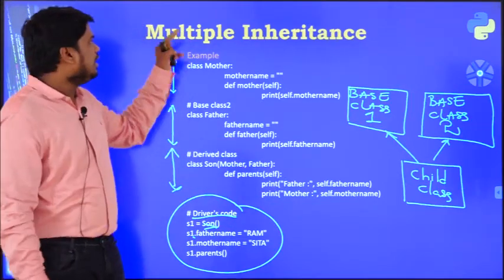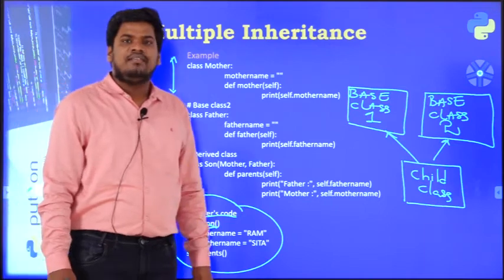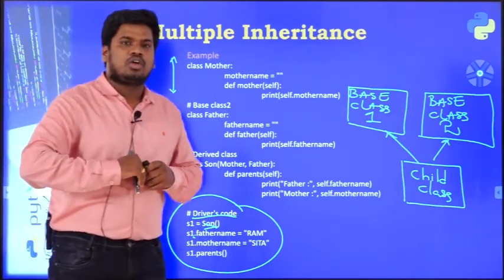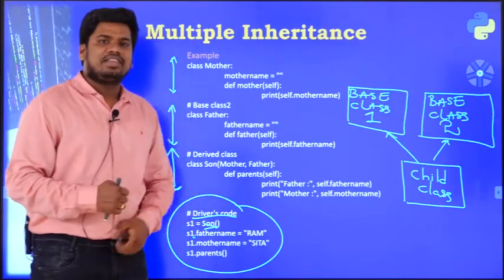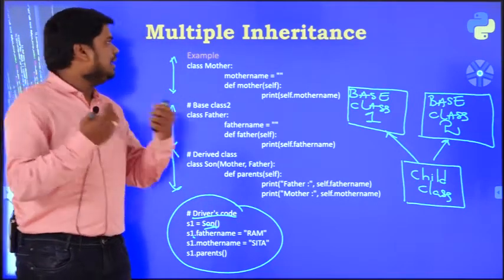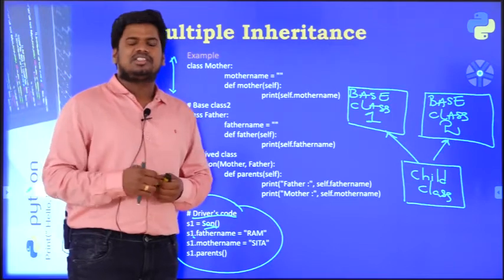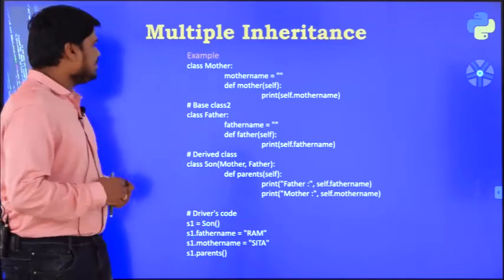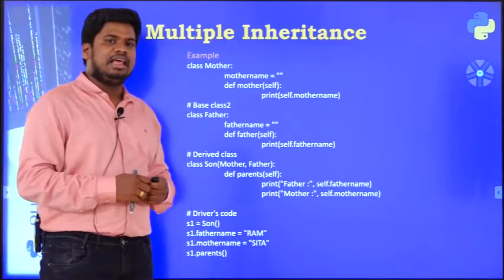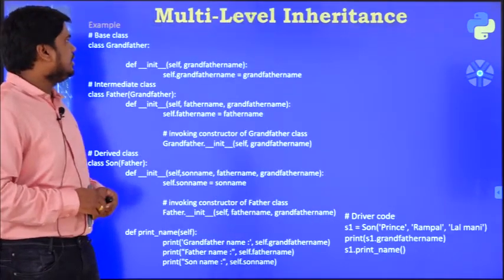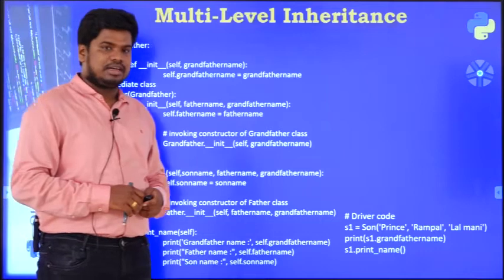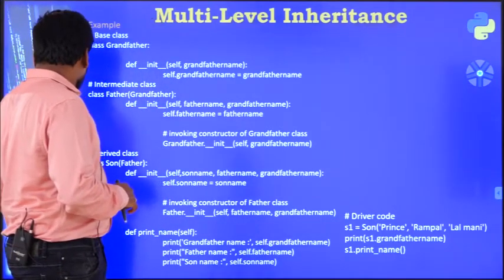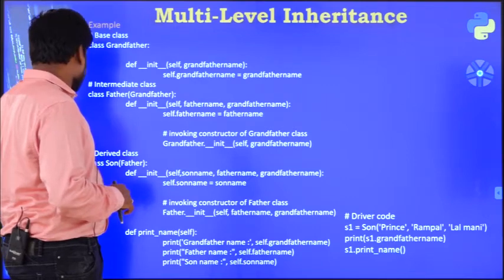This is how multiple inheritance will work in Python, which is very common, like how we work with multiple inheritance in C++ or in Java. So coming to the next important thing, the next inheritance technique, that is the multi-level inheritance technique, and this is very easy. This is one of the easiest inheritance techniques.